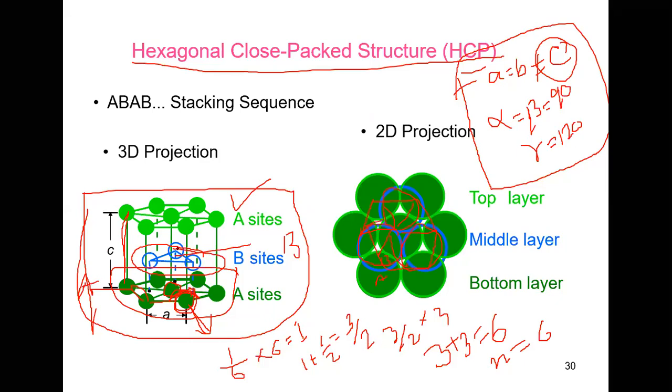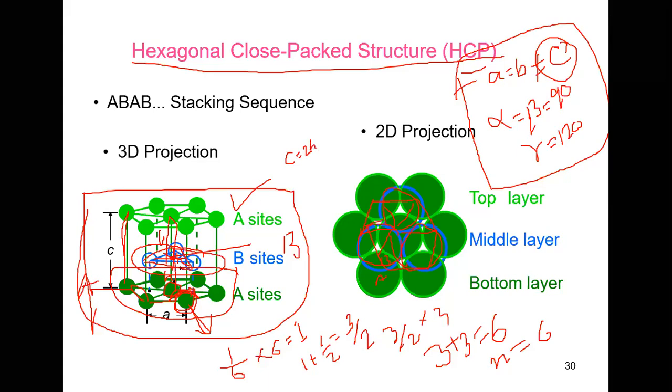So how do we find it? You see that this mid plane forms an equilateral triangle. As you can see, it's an equilateral triangle. And if you draw the medians of this triangle, all the medians will intersect at a point here. If the median to this distance is h, then from this median to this distance will also be h. So the relationship between C and h is that C will be 2h.